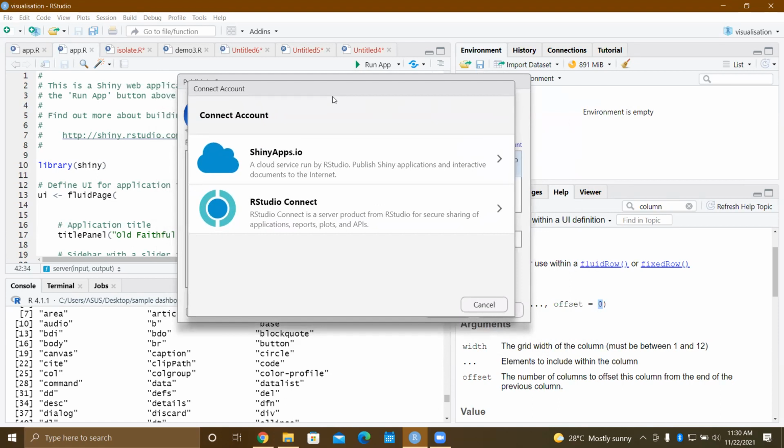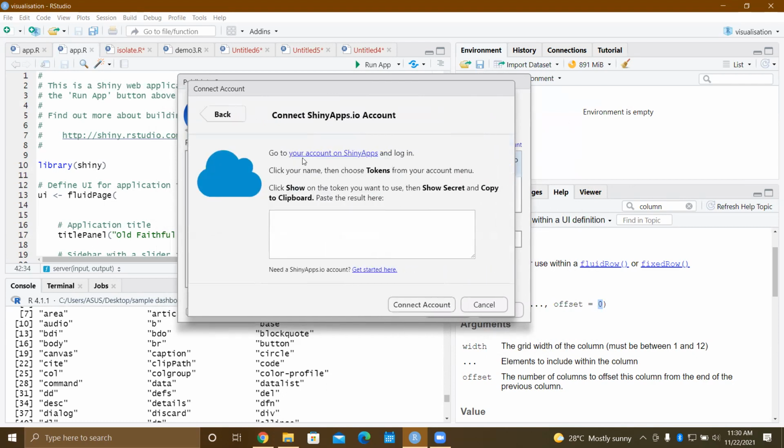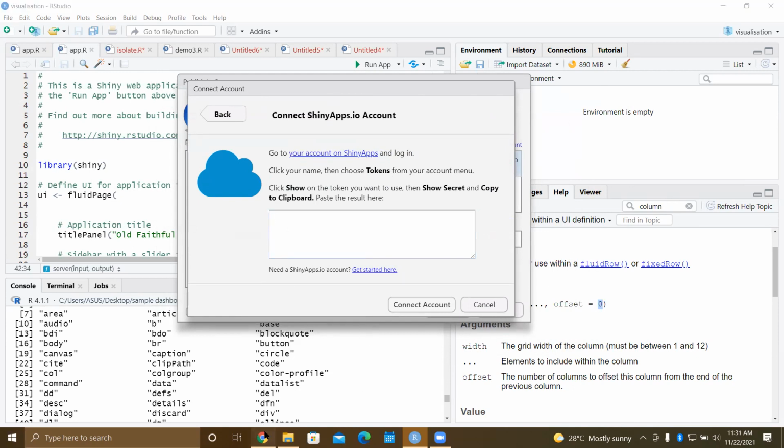Yes, this happens. Okay, so you can just click on shinyapps.io. And this thing will come. Is it coming? Yes. All right, so now you need to go to your login page.